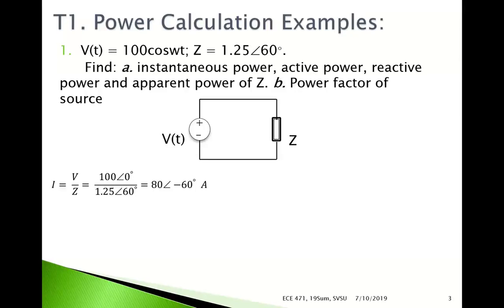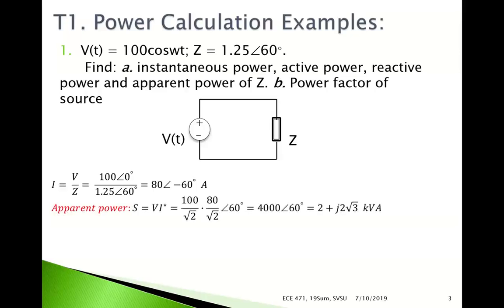So with the phasor current, we can go ahead to calculate apparent power, which equals the voltage phasor RMS times current phasor RMS conjugate. And as we already said, we need to use the RMS value. That's exactly why we have this 2 square root 2 here, because both 100 and 80 are the peak values, so we need RMS value, so we divide by square root 2 for both voltage and current. And due to the conjugate here,